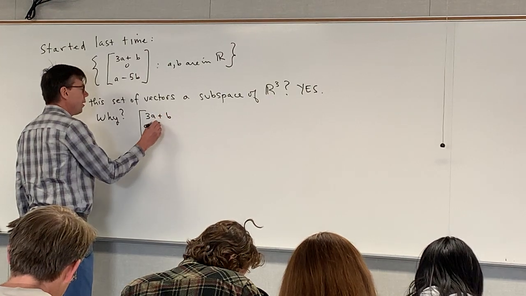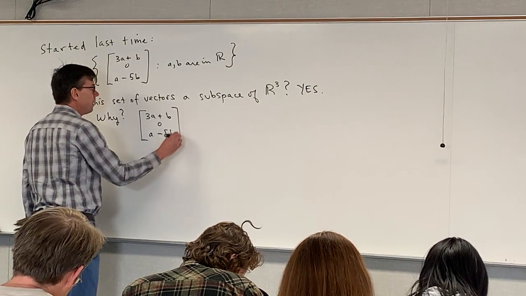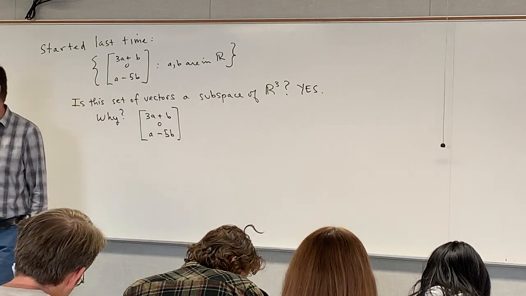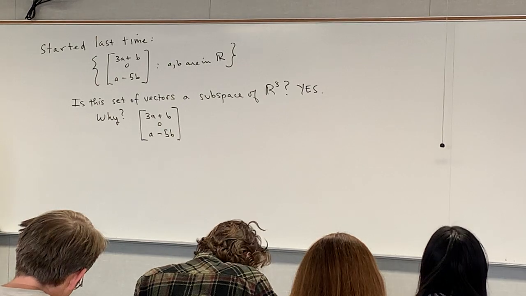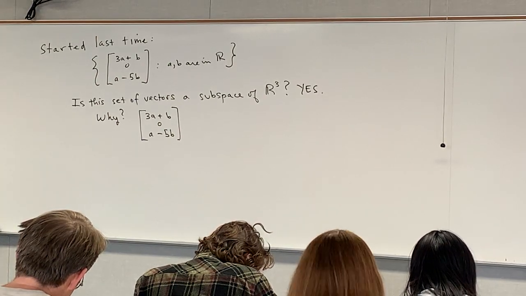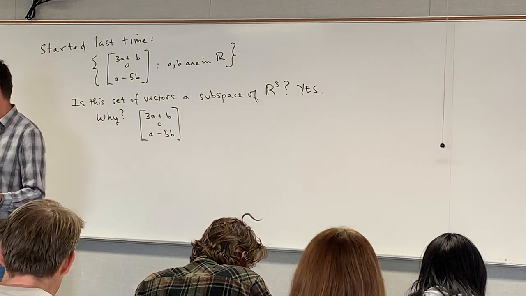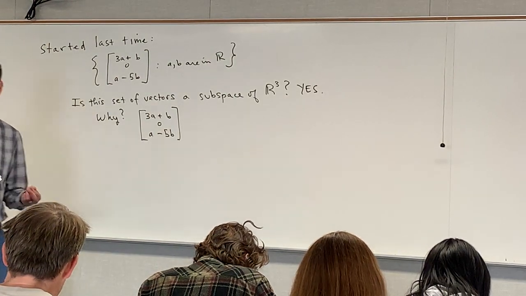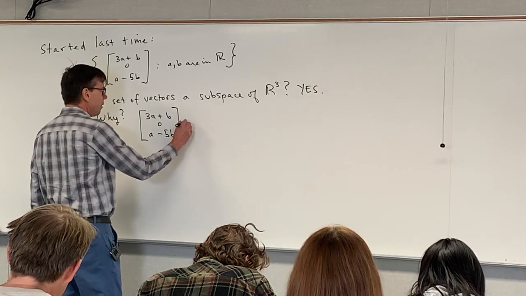The easiest way to justify this is not to go through verifying the three properties, because on my review sheet of important points, I said one way to show a subset is a subspace is to actually verify the three properties of a subspace. But I wouldn't do that here. I would just observe that